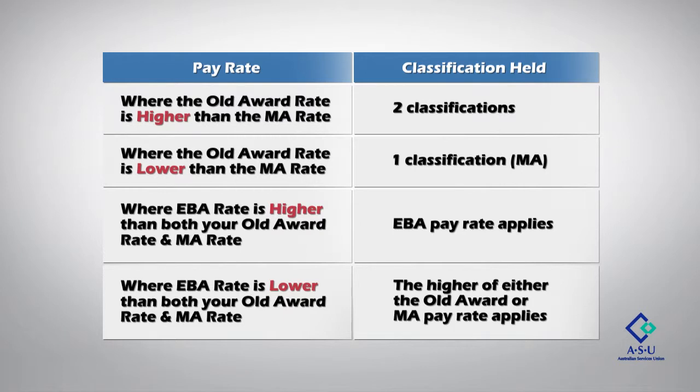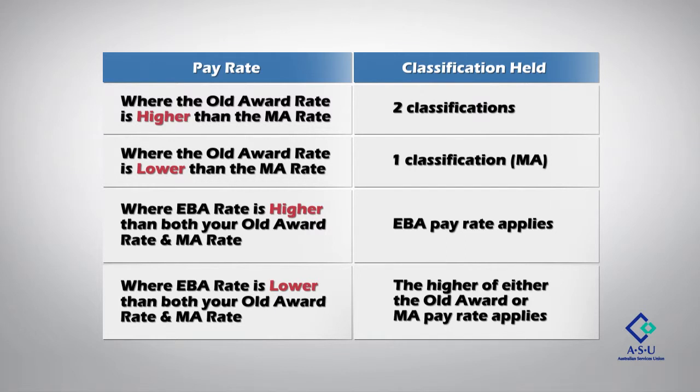It's simple really. This applies for SCHCADS, TAS-CSA and State Clerical Admin Awards. Where the state rate is higher than the SCHCADS rate, you'll hold 2 classifications. Where the state rate is lower than the SCHCADS rate, you'll hold only the SCHCADS classification. Where your EBA rate is higher than both the state and SCHCADS rates, the EBA rate will apply. Where the EBA rate is lower than both the award rates, then whichever is higher of the state or SCHCADS